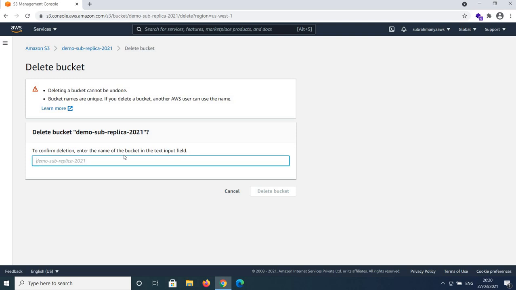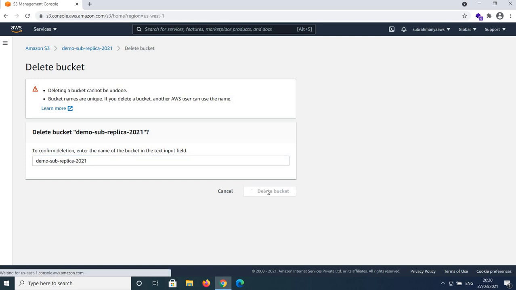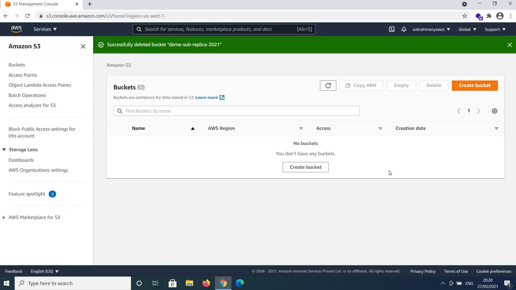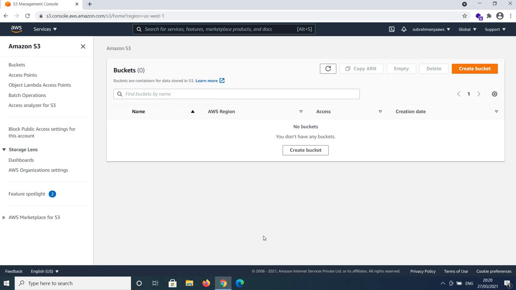Select delete. Type demo-sub-replica-2021. Click delete bucket. So we have cleaned up all the resources which were used in our demo.